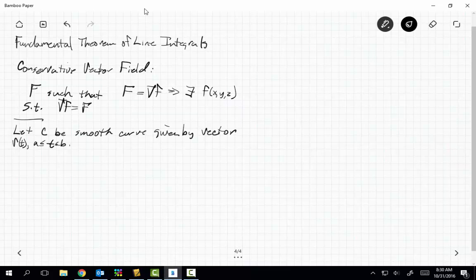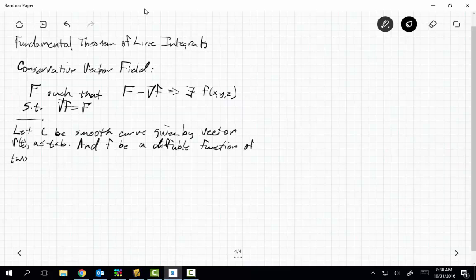Kind of standard issue. And let f be a differentiable function of two or more variables,